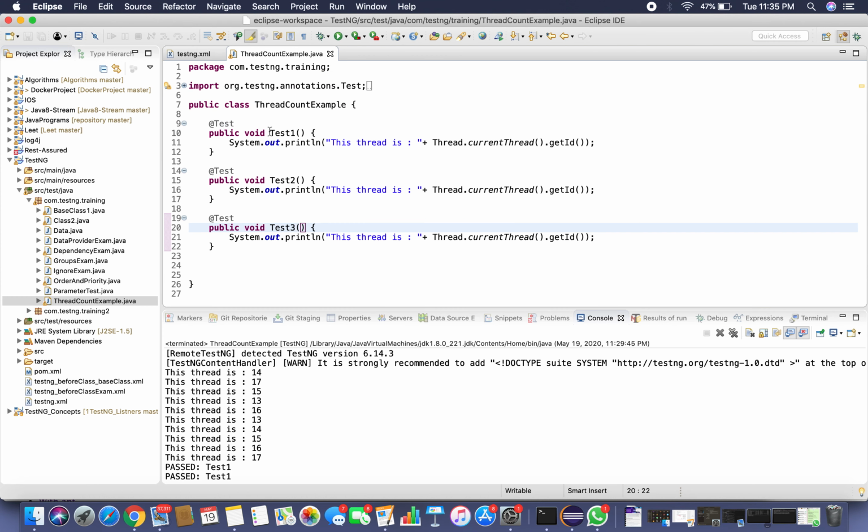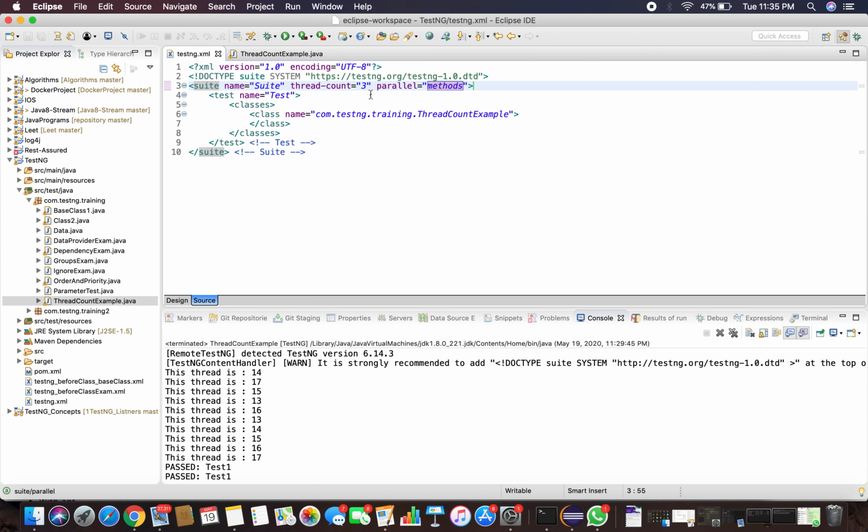So all these methods are going to run parallelly using the available threads. If you have 3 threads and 10 test cases defined, the first 3 cases will execute in parallel, then the next 3 cases will be picked, then 3 more, and the remaining 1 test case will be executed on any available thread.